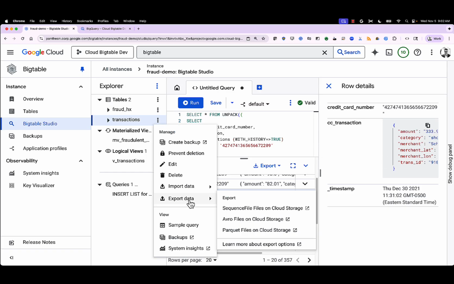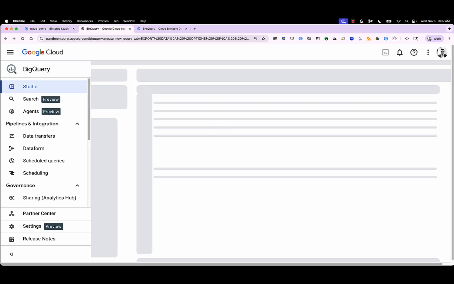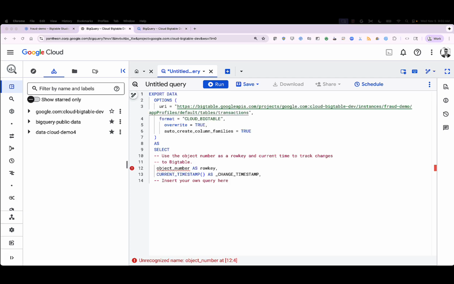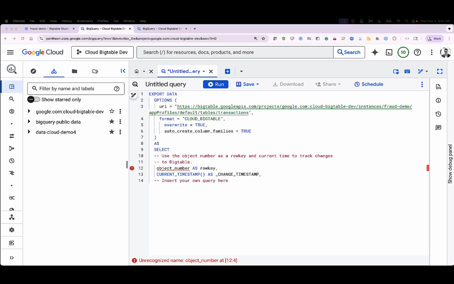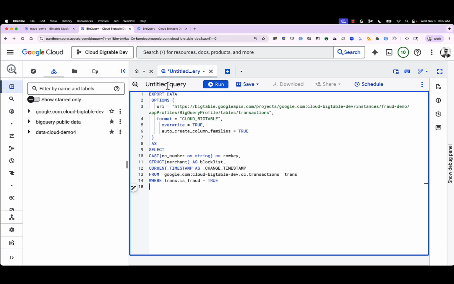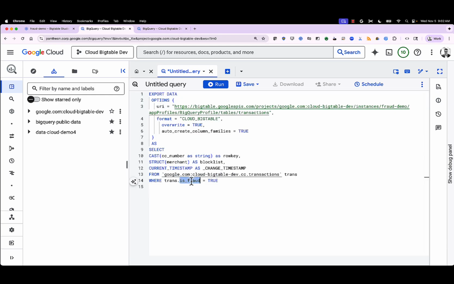And so let's say now I want to bring in some additional data. Let's say I want to import some data from BigQuery into this table. And this is going to give me a template that I can quickly fill out with my own query, but I'm going to bring in my own query to do this. And in this case, what I'm looking for is fraud is true, and maybe that got generated by some offline analytics where now I know I have some good data that says this merchant is likely fraud, and so if I run this query, I can run it directly from BigQuery